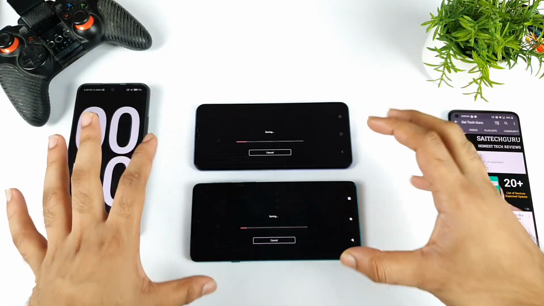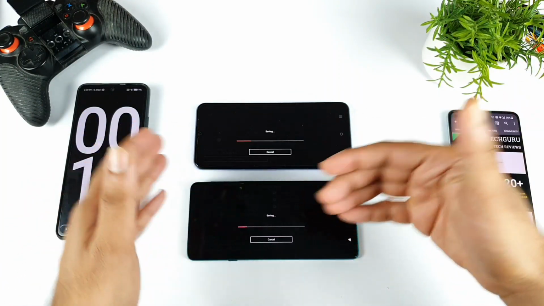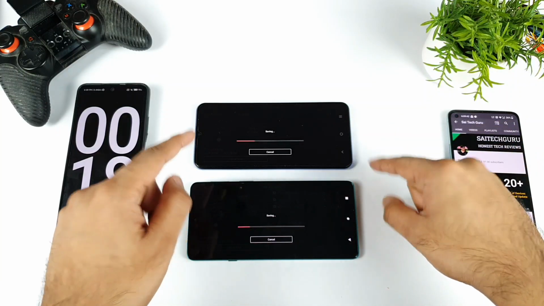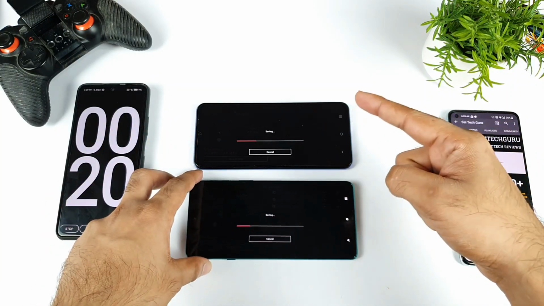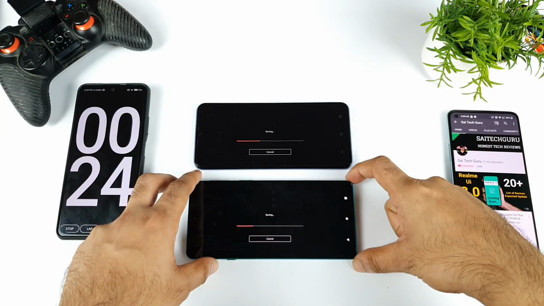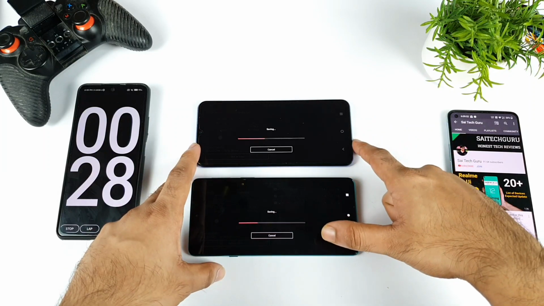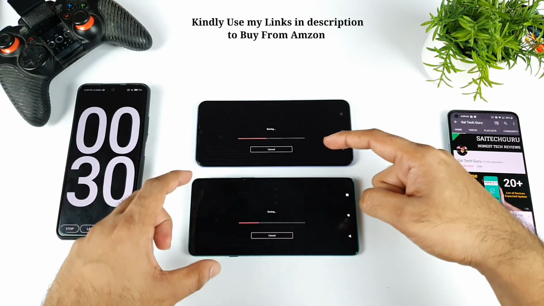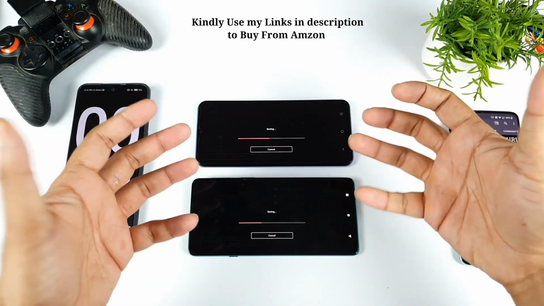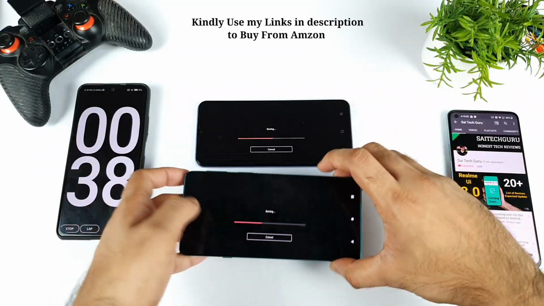Technically the Snapdragon 778G should be powerful enough to export and render faster. But look at the difference, friends. As you can see, the Snapdragon 768G, which is the iQOO Z3, was able to render faster than the Moto H20 in terms of rendering speed. I'm using the same software in both phones, but I'm getting different results. Exactly, it's kind of opposite. I'm not sure why, but it's the Moto H20 with the Snapdragon 778G.